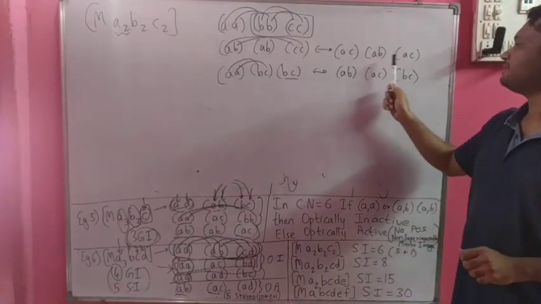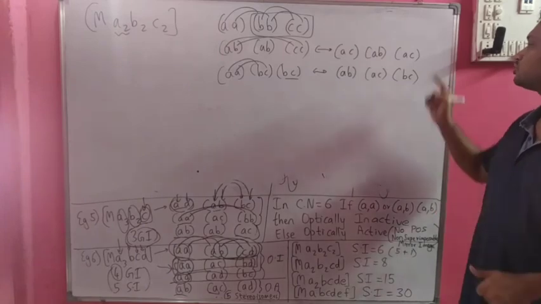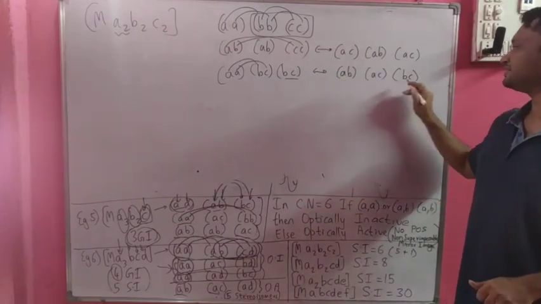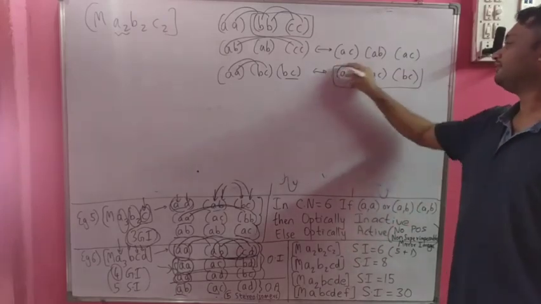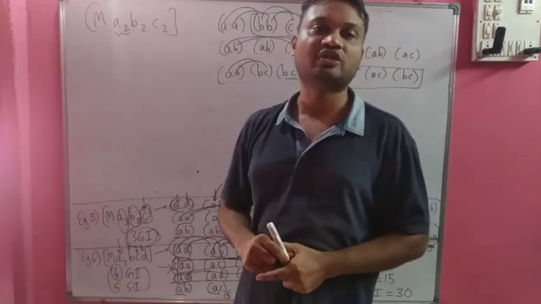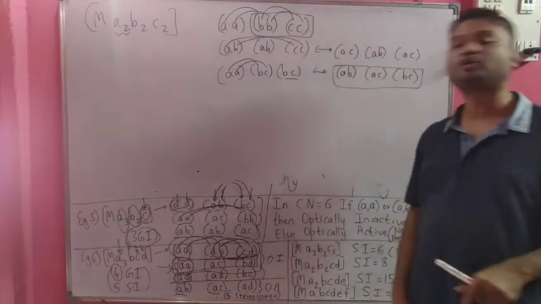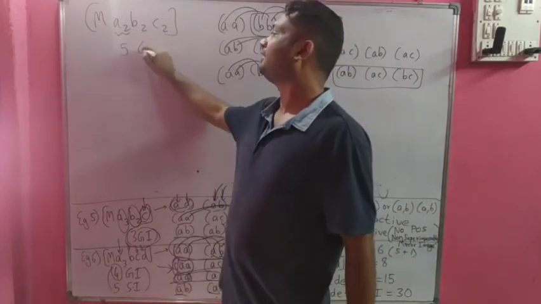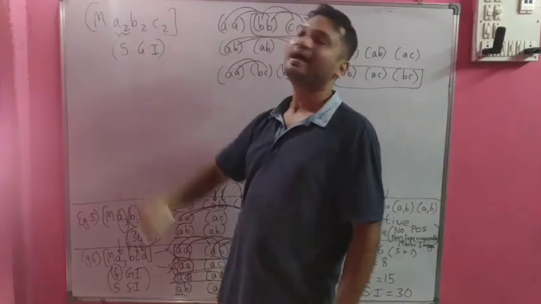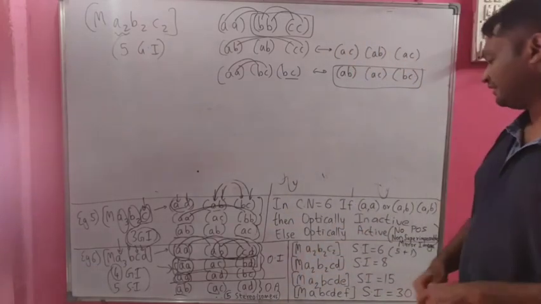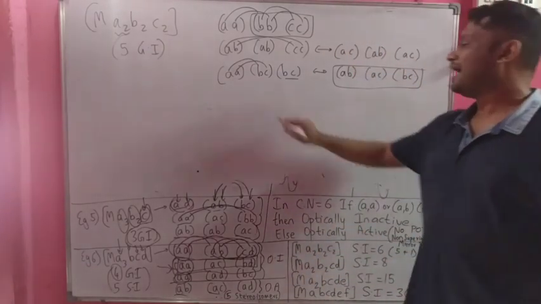Finally, AC, AB, AC. This is also a different combination. Finally, we have AB, AC, BC. This is also a different combination. So in all, we have 5 combinations which are possible for MA2B2C2. So we'll have 5 geometrical isomers for MA2B2C2. So this is how we can find geometrical isomers for